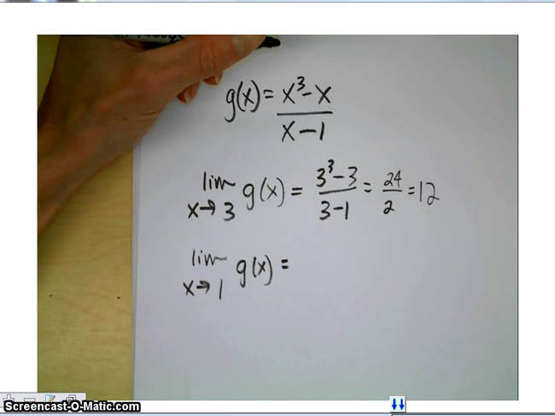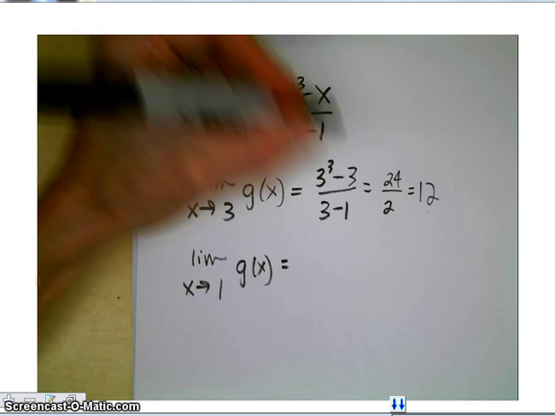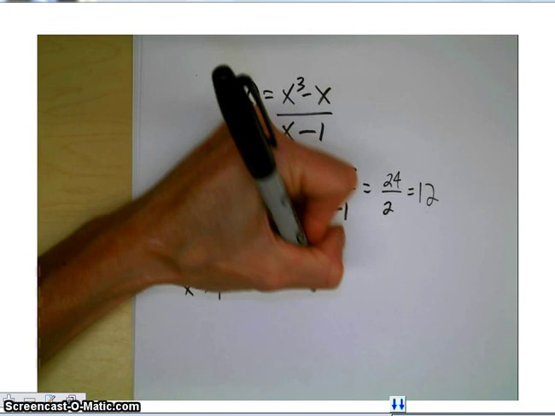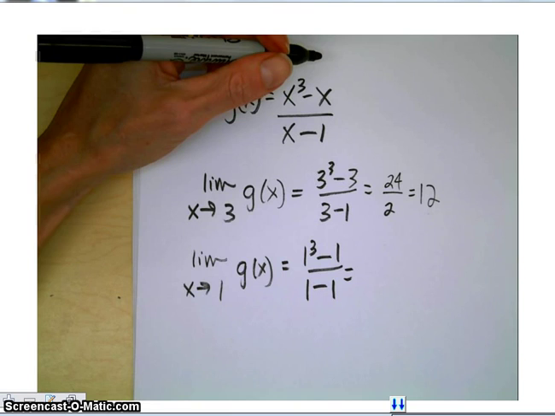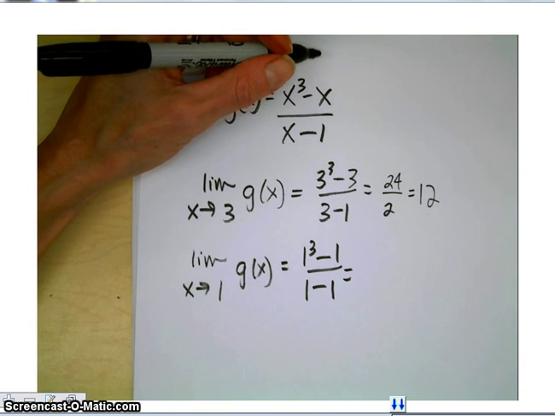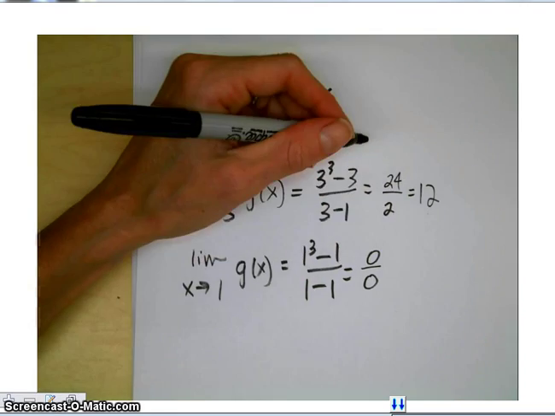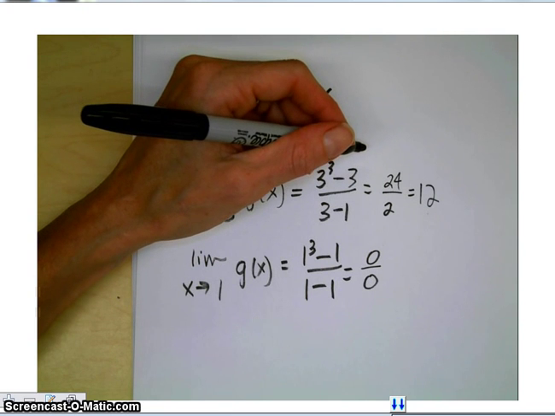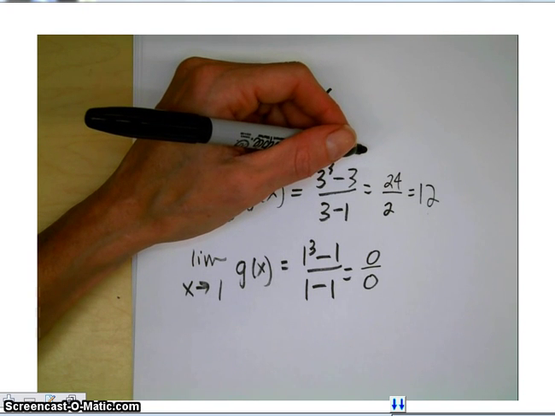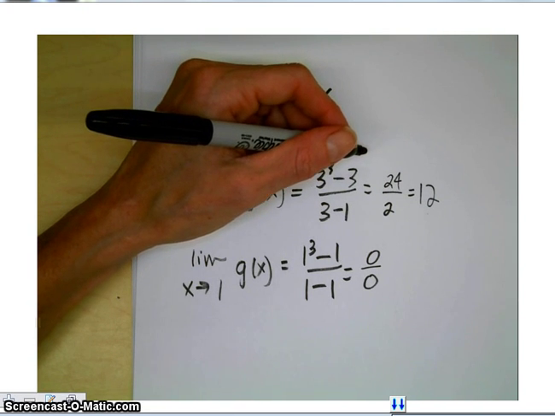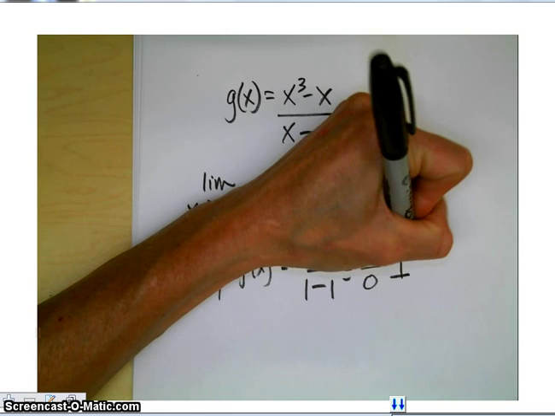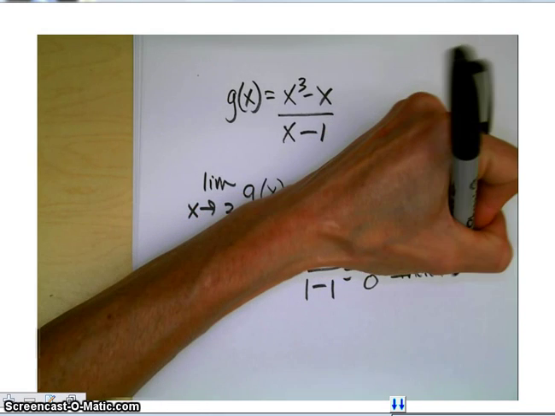How would I do that? Plug 1 in. And what do you get on top? Listen, this is so important. 0 over 0. 0 over 0, which is not undefined. It does not mean does not exist. It has a very special name in calculus. Okay, 0 over 0 is called indeterminate